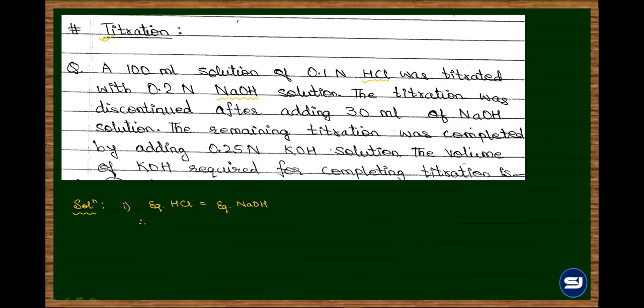So equivalence of HCl में we had a total of 100 ml. So first case में how much volume was titrated? I don't know. So I'll take the volume as VA into the normality given is 0.1. I'm using the formula number 3, N into V. Okay, and the base normality was 0.2 and there was 30 ml consumed in the first scenario. Yes, sir. This will give me the volume of the acid, which is 60 ml out of 100 ml, which was consumed when it was titrated with NaOH.